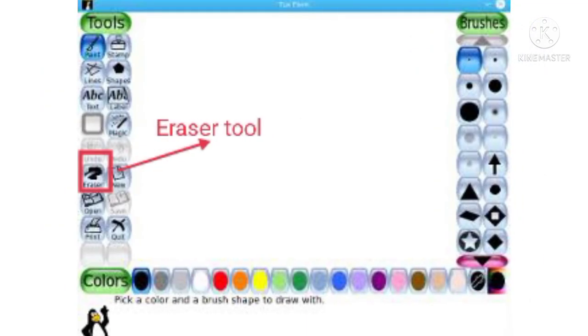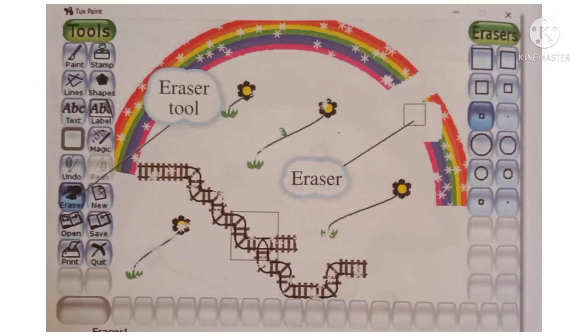Eraser. It is used to erase a part of the picture. Follow the steps to erase a part of the picture using the eraser tool. Number 1. Click on the eraser tool in the toolbar pane. The mouse pointer changes to a square with a plus sign in the center. Number 2. You can select the size and shape of your eraser from the selector pane.